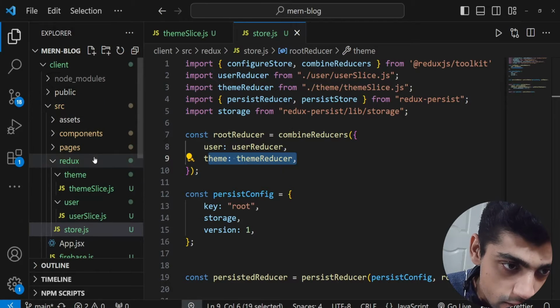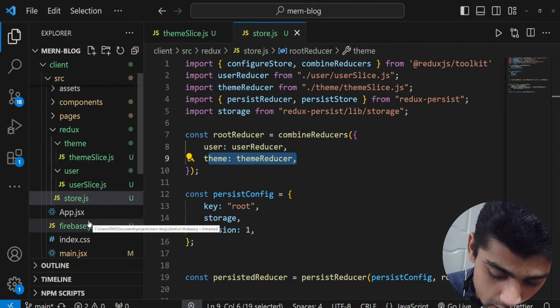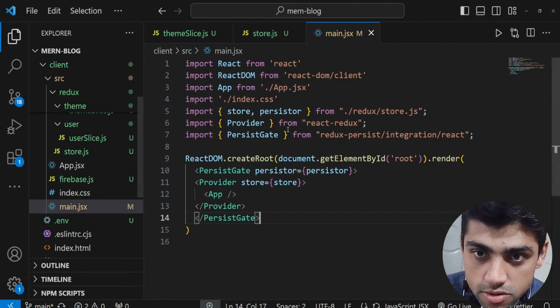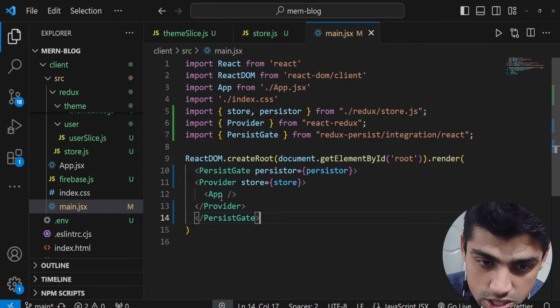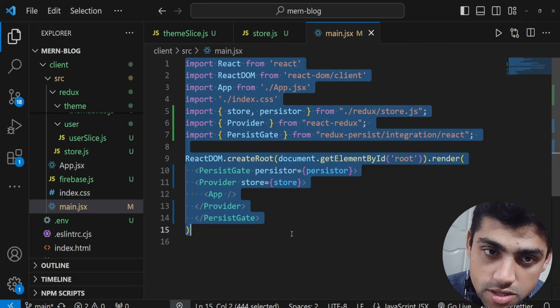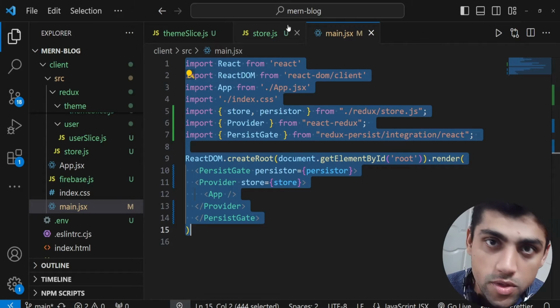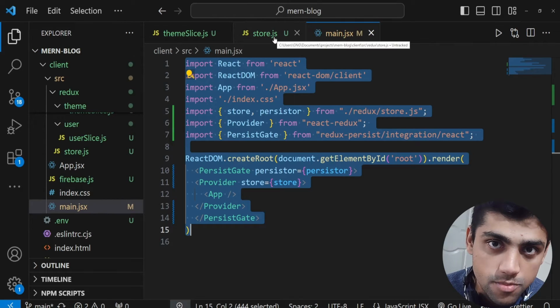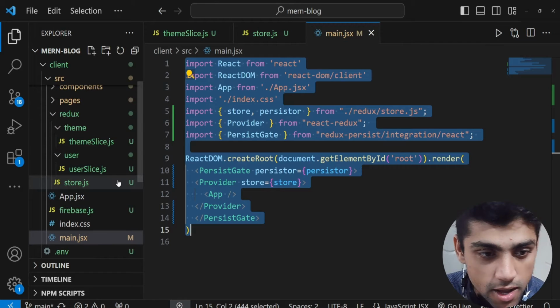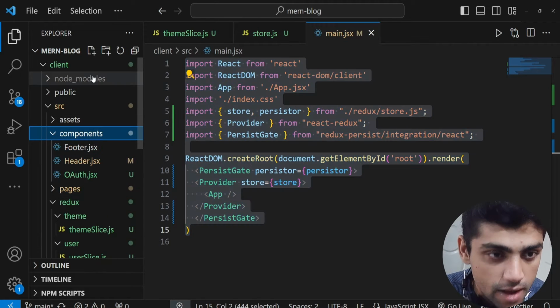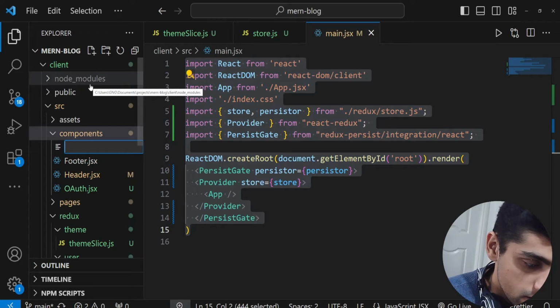we're actually going to be going to this main.jsx. So let me show you. Over here we have this main.jsx, and we want to actually cover it with a theme provider component that could affect all of the pages within our application. So when I say dark mode, that means the entire application, not just one page. So that's why we have to create a component here, and we're going to call it